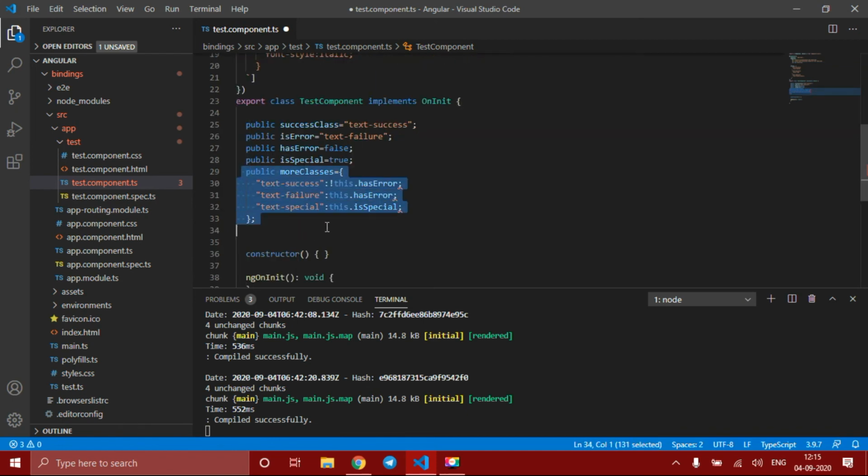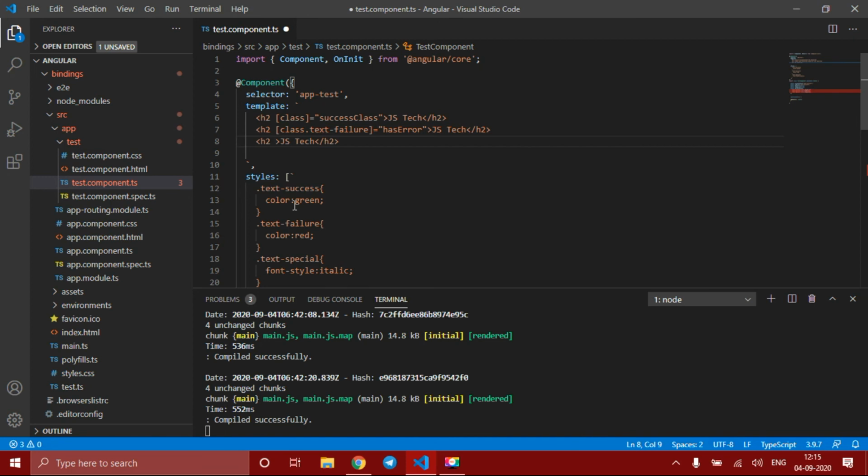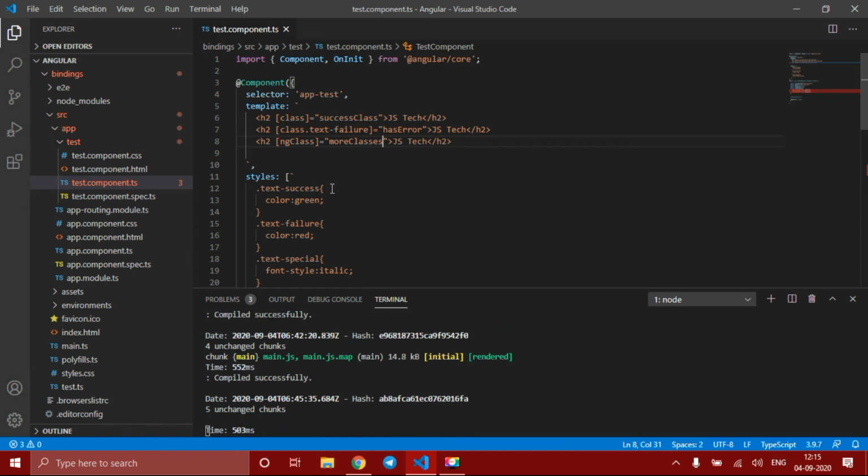To apply these multiple classes, we need the ngClass directive. The syntax is ngClass, and in this you mention the property name which holds multiple classes. Let me save this.